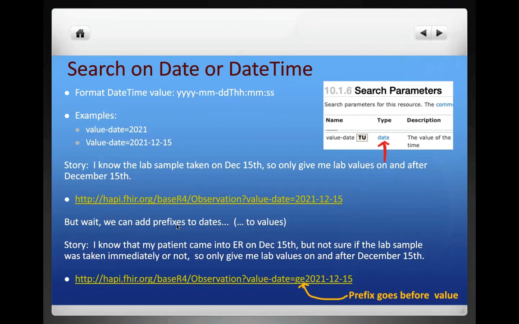But wait, we can add prefixes to dates, similar to the way that we could add modifiers to names. We can add prefixes to values. So new story. I know that my patient came into ER on December 15th, but I'm not sure if the lab sample was taken immediately or not. So only give me lab values on or after December 15th. So this is a little bit of a strange query, but it will give you all of the lab values for any patient on or after December 15th, but we're going to apply a prefix to the date